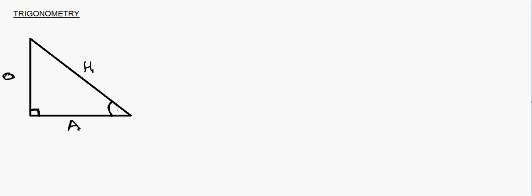So we use trigonometry if we're looking for an angle, or if we've got an angle and we're looking for a side. Okay, and this particular video is just on right-angled triangles. Now if you've worked with me in the class, you'll know you need to remember